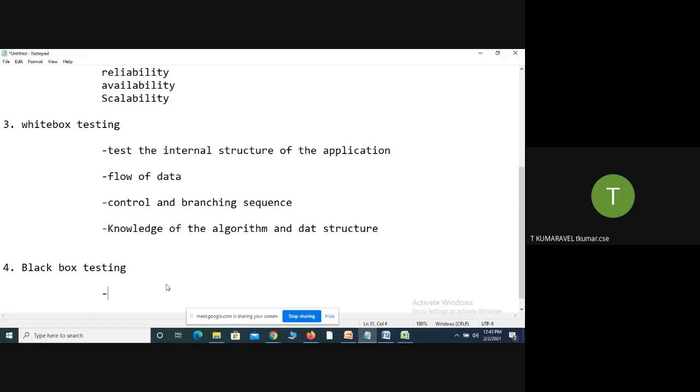For example, I have an enterprise application based on client-server. In order to communicate with third parties, how is it going to communicate? That kind of testing we call black box testing.